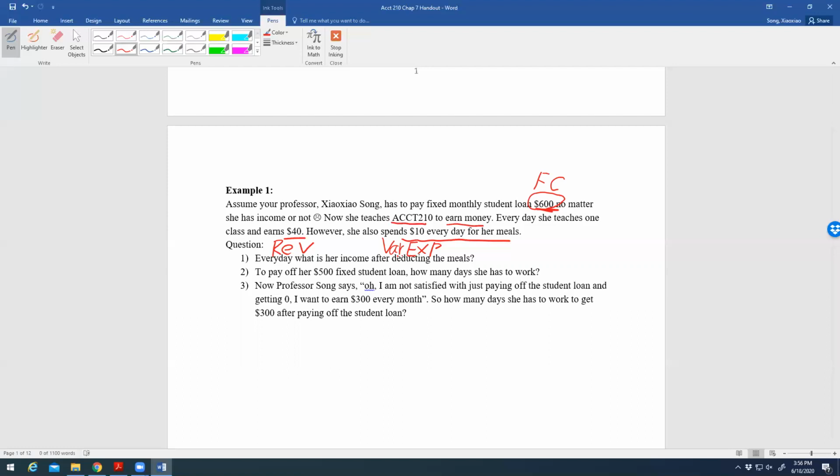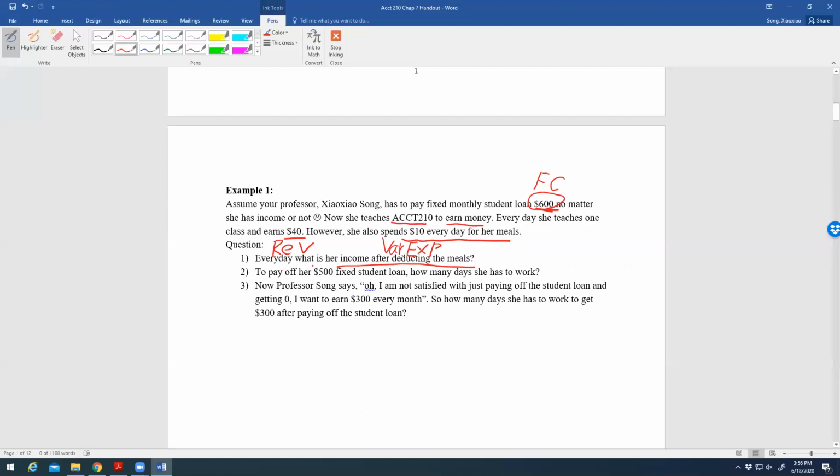So do this first by yourself. Hey, don't be lazy, right? I know you are all busy, but you are all very hard working. So I leave those 3 questions to you. Every day, what is my income after deducting the meals? This is straightforward, right? What is my income after deducting the meals? Second is, if I want to pay off the